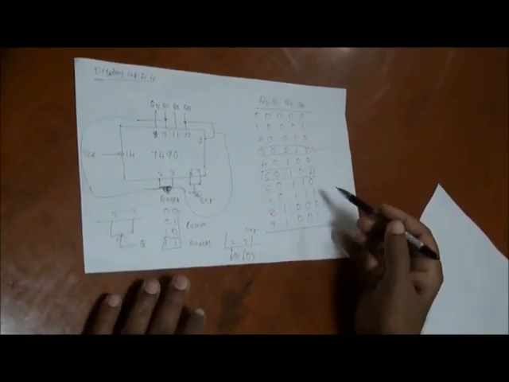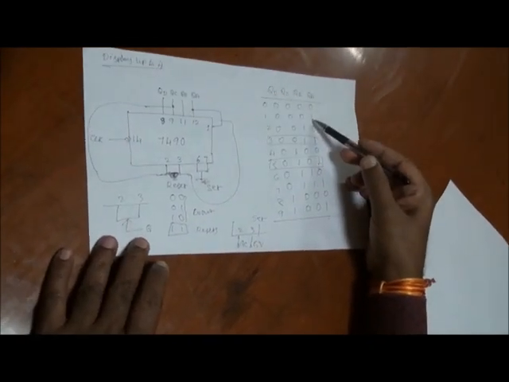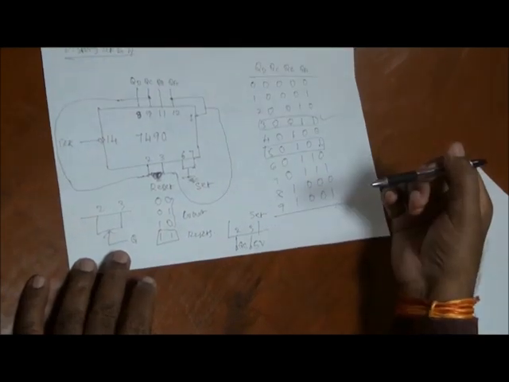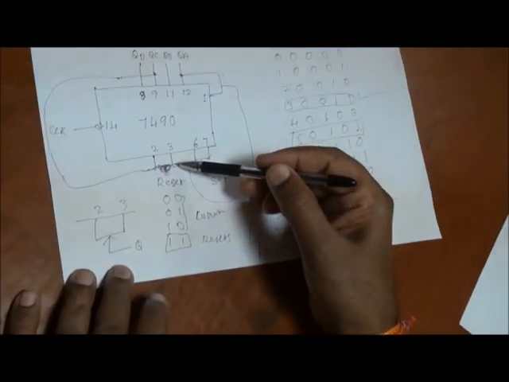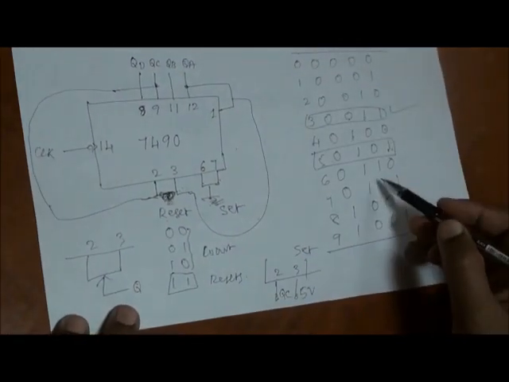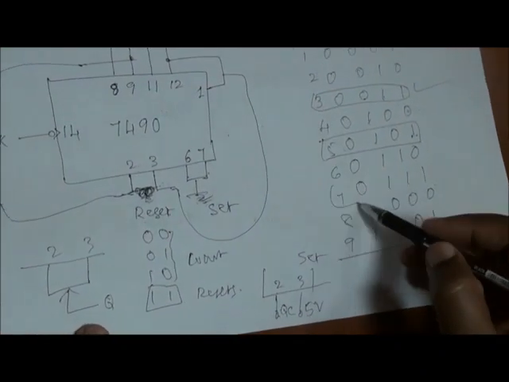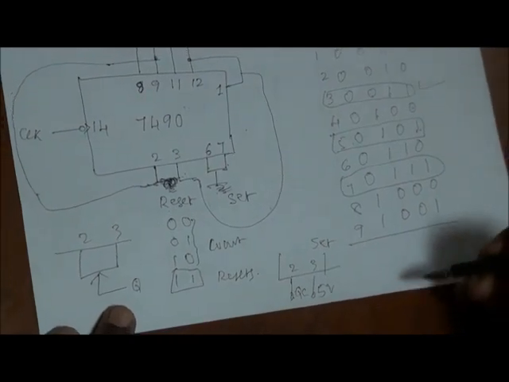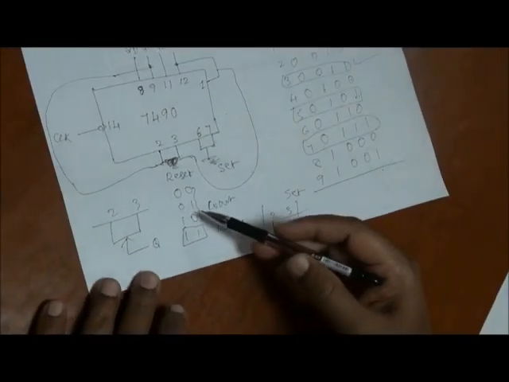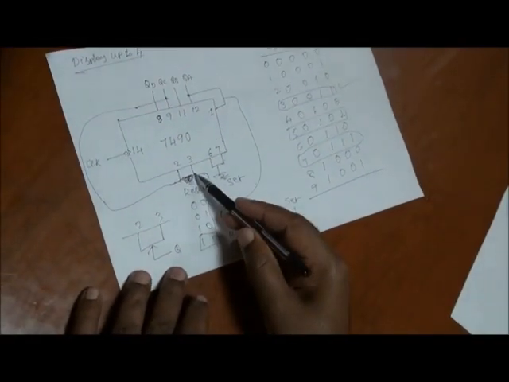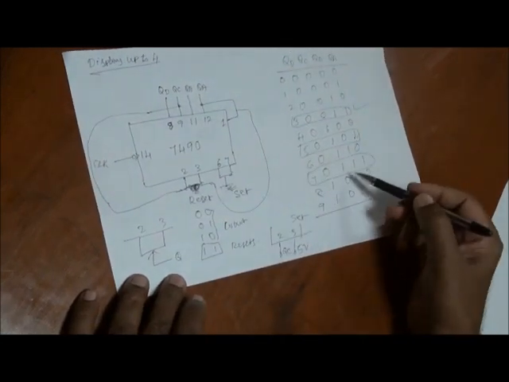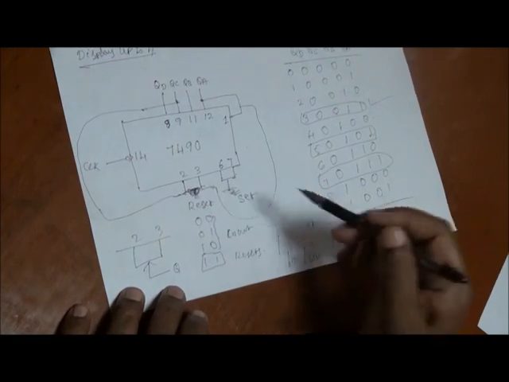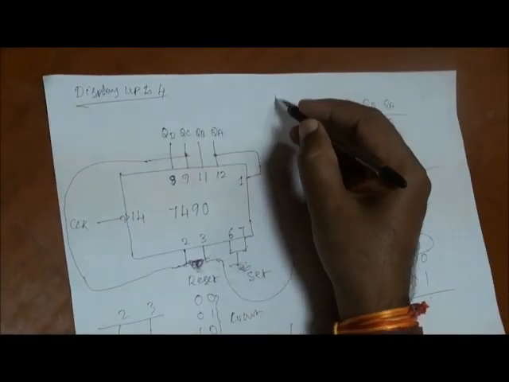Like this, you can observe that in most of the cases there will be a single 1 or 2 ones. Just now I explained, if you have 2 ones, how to apply those two to this. Only in one case, if you want to display up to 6, you have to take this 7. You have 3 ones, no? It is not possible for you to, because we don't have 3 reset pins, we have only 2. You have to convert these to 2 input pins. That is the reason you can go for this arrangement.